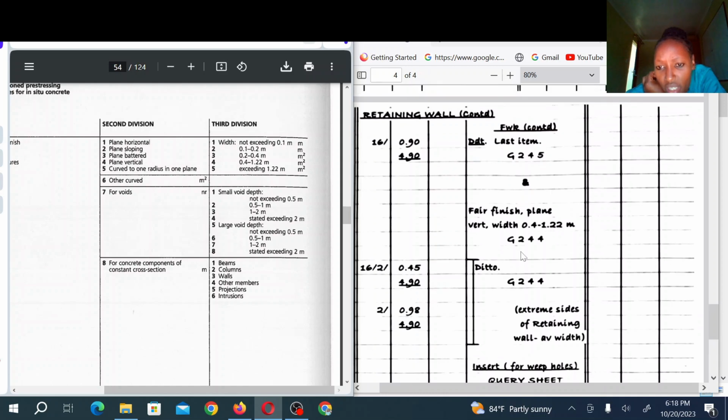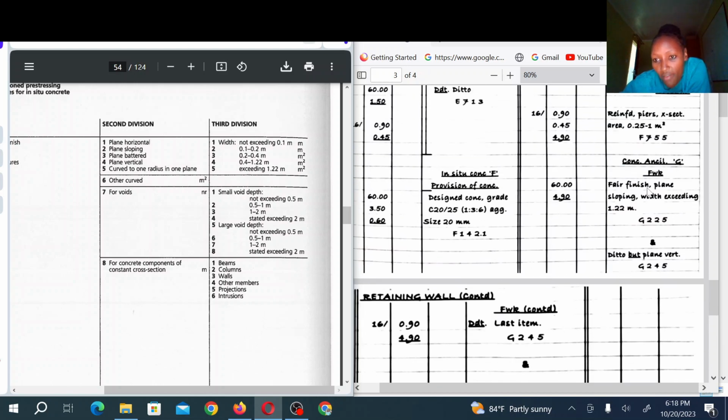We are almost concluding. Then we shall do formwork for the sides, the wind sides of the wall, and the piers. So we have 16 piers. Two sides of the piers, the width is 0.45, then the height is 4.9. Then we have two sides of the length, which is 0.98, then the height is 4.90. So this one is ditto. Ditto is this formwork that was here, fair finish,